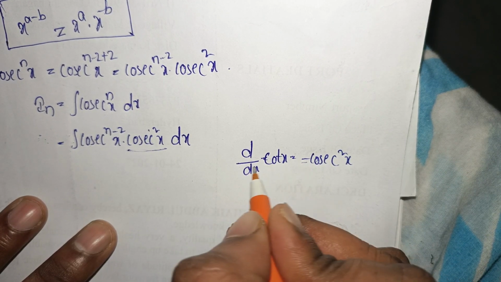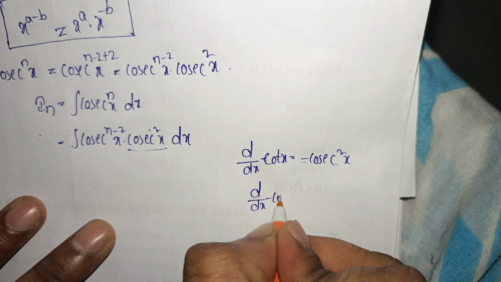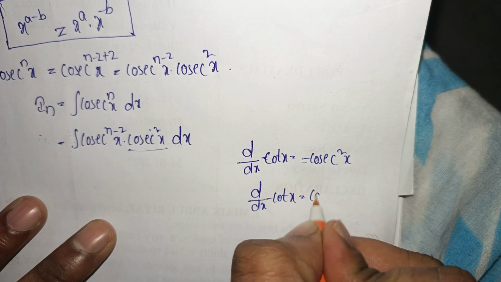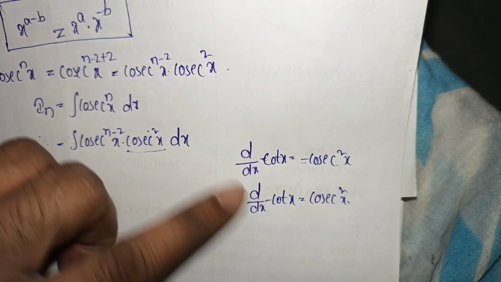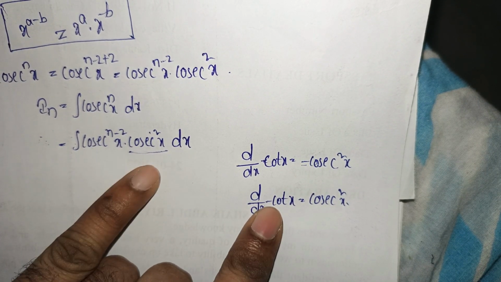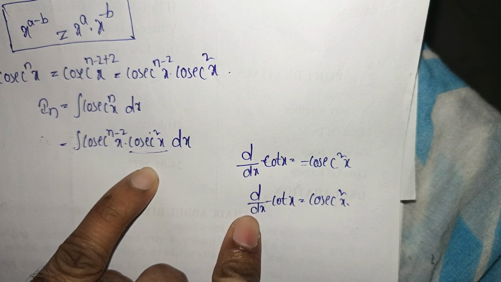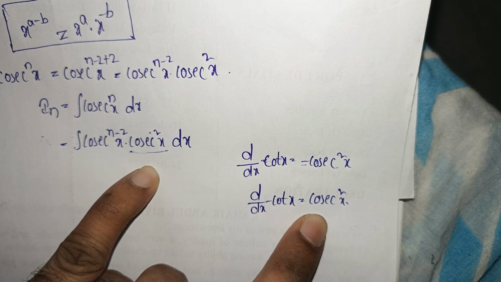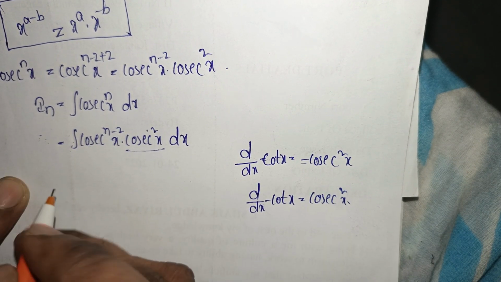If I keep this minus here, which means d by dx of minus cot x equals cosecant square x. So there is no difference between these two equations. I can write either way, right? As we have cosecant square x positive, I'm sending this minus to the left hand side. So d by dx of minus cot x is cosecant square x, which means that the present equation is in the form of u